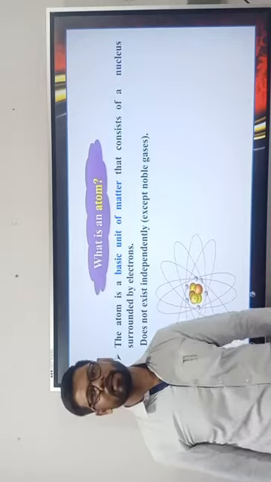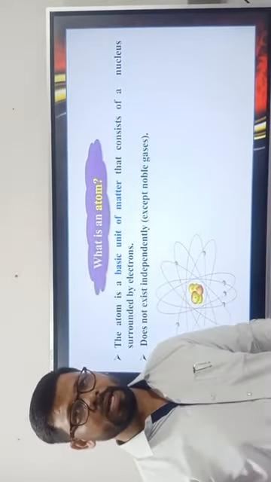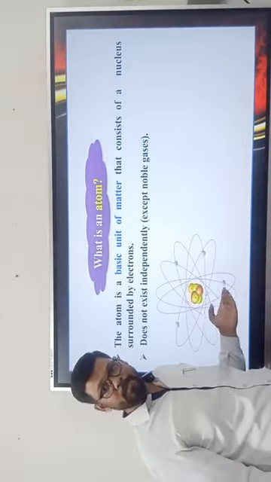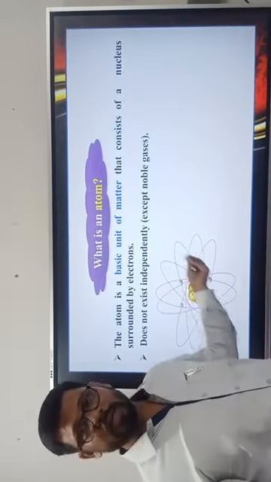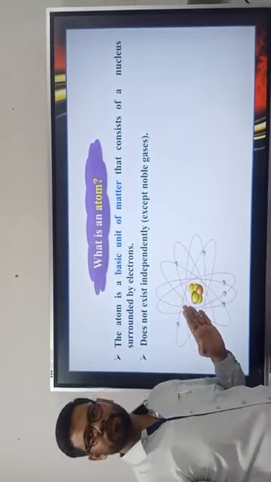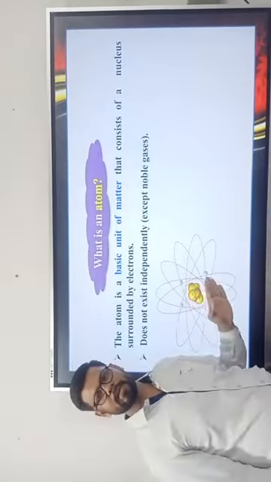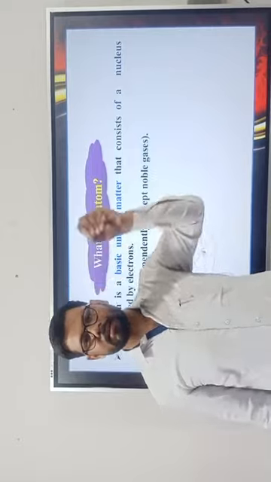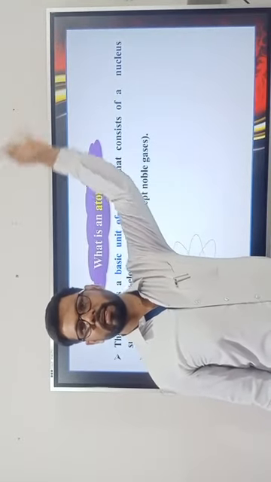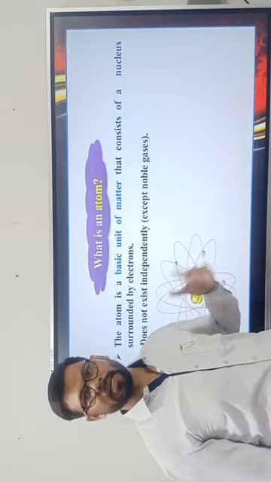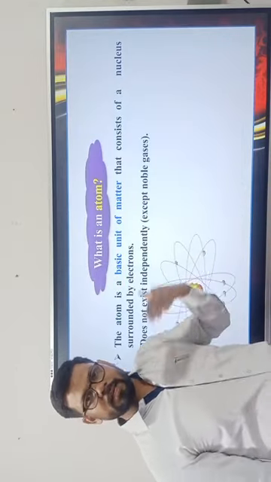So this is, you can say, the best representation of an atom. But if we represent an atom in this way in our books, it will be quite difficult to identify which one is the first shell, which one is the second shell, which one is the third shell, and which one is the fourth shell, and so on. Therefore, we simply represent an atom in a spherical shape, where we can see that the first shell is there, the second shell, third shell, fourth shell, and fifth shell. That means the existence of different shells we can see independently or separately,